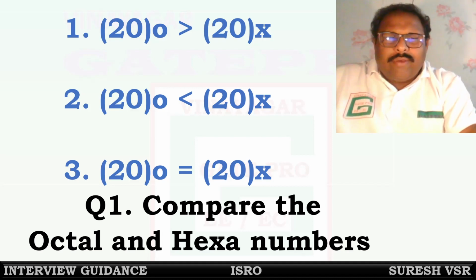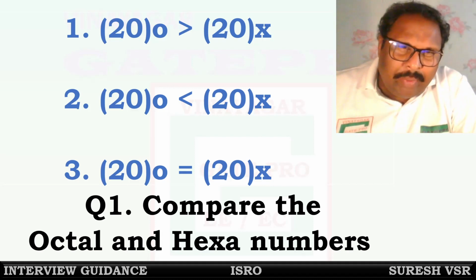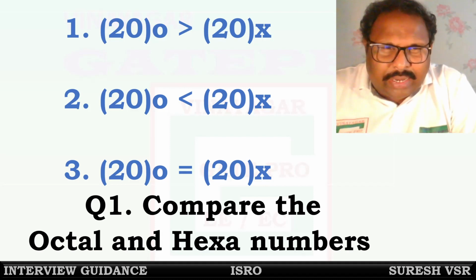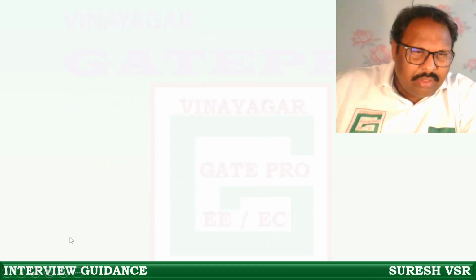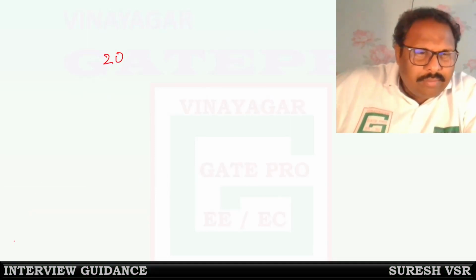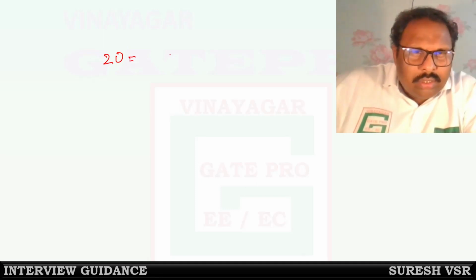One of the easiest ways is converting it to binary. And the moment you convert it into binary, obviously you'll get its decimal equivalent. So that way you can get it. But what I feel is it's easier even if you directly convert it into decimal. Because if you watch carefully, 20 in octal is what? 8 power 1 into 2 plus 8 power 0 into 0, which is nothing but